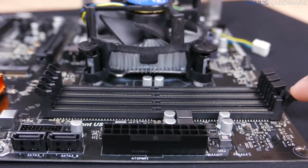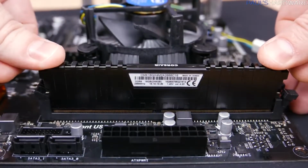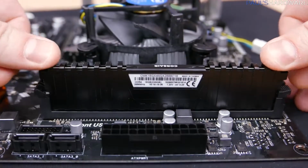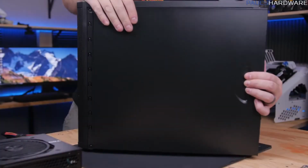Open the side latch of the DIMM slot, and then drop the memory straight in. Apply firm, even pressure straight down on top of the memory stick, and it should snap into place, closing the latch. Okay, let's set the motherboard, CPU, and memory assembly aside for a moment and work on the case and